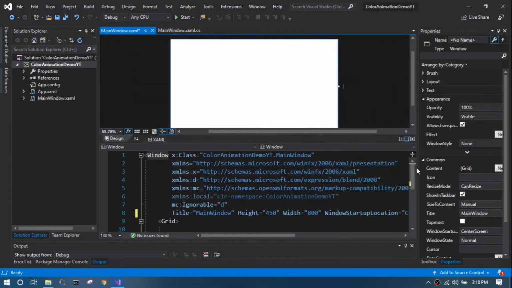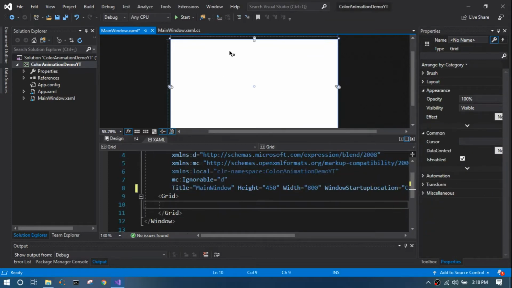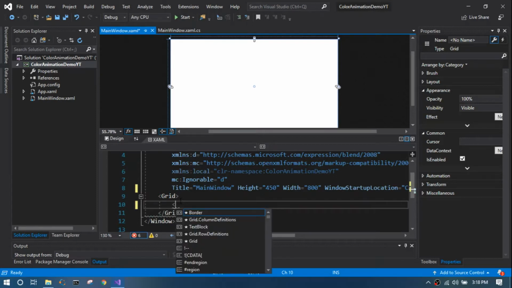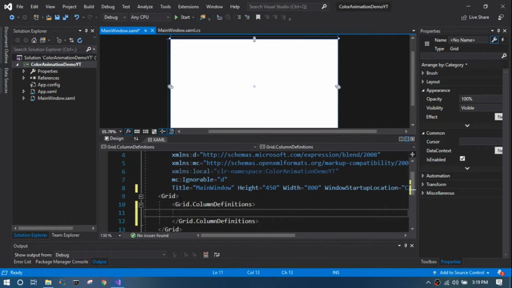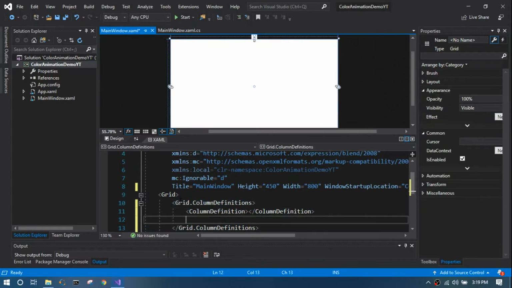So let's get started. Initially we'll divide the grid into two columns. One is the color transition from one color to another, and the second column is going to be a set of colors. So the two types of animations that we are going to see in the color animation itself, one is color animation and the other one is color animation using keyframes. So we'll have two equally divided columns,